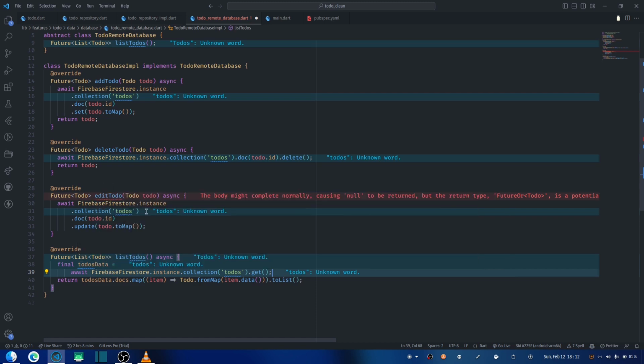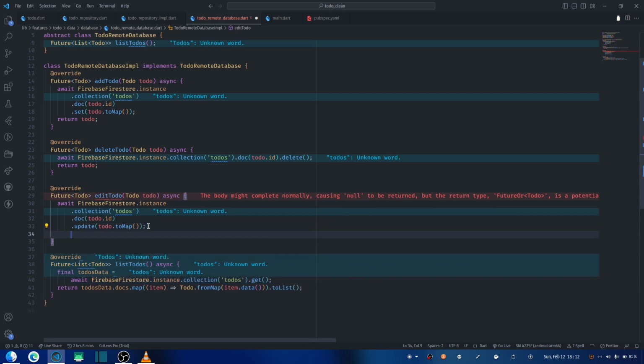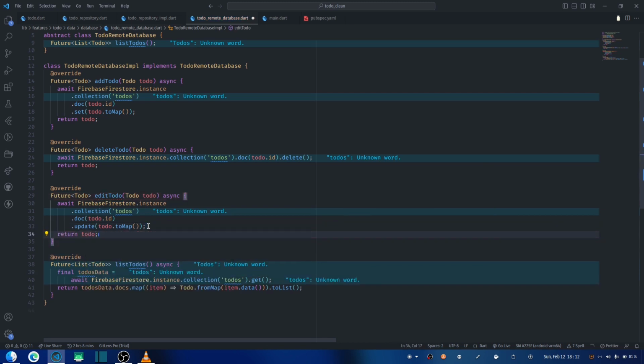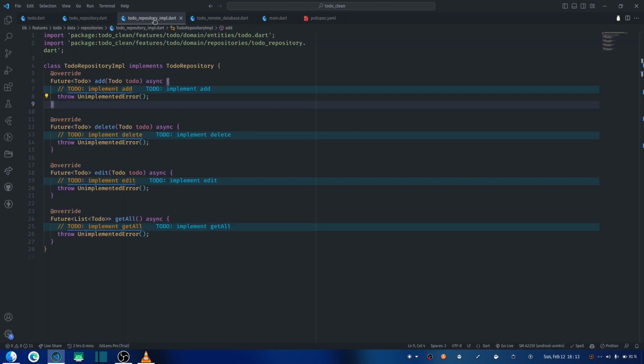And in our edit to-do function, we have to return our to-do here to get rid of the errors, right? So this is how our remote database is going to look like, and it is not coupled together with our implementation. So then how do we actually add a to-do? So back in the to-do repository implementation, we have to get access to our remote database, right? So I'm going to create